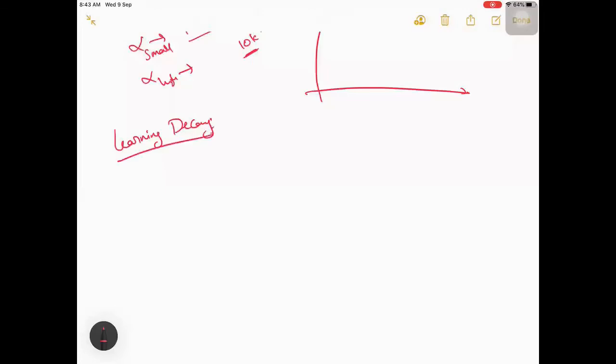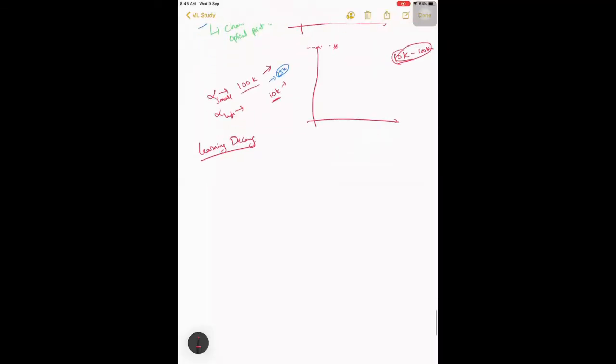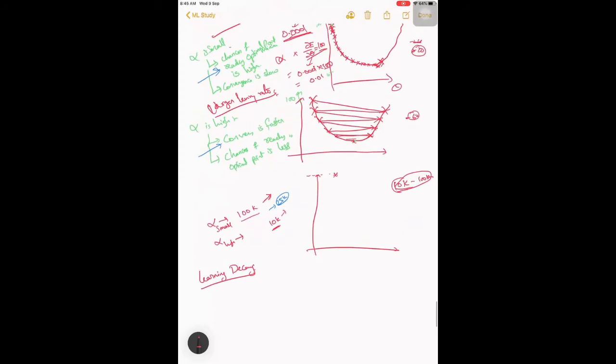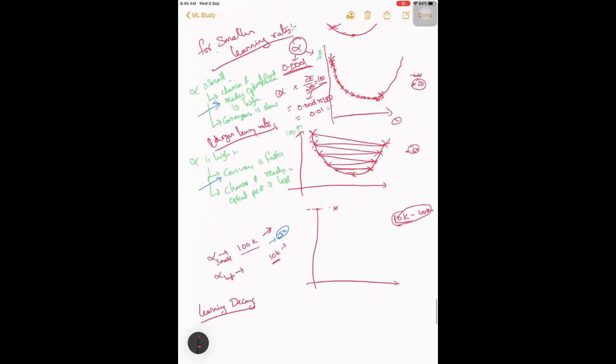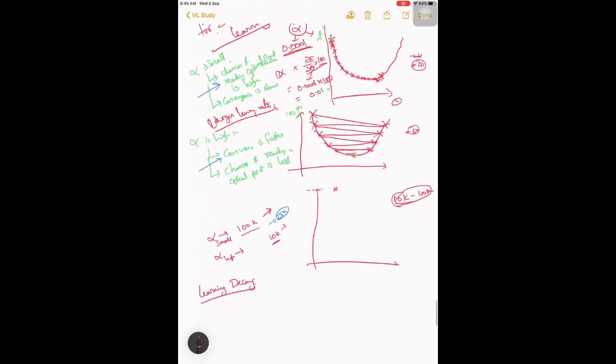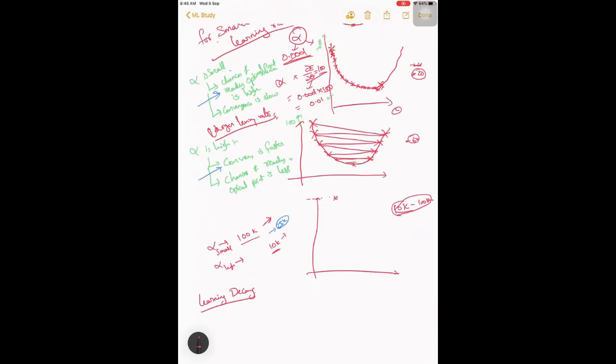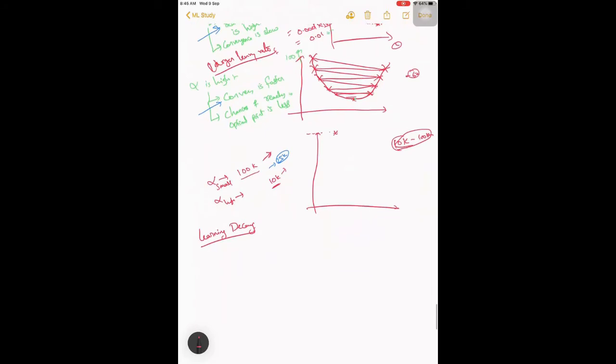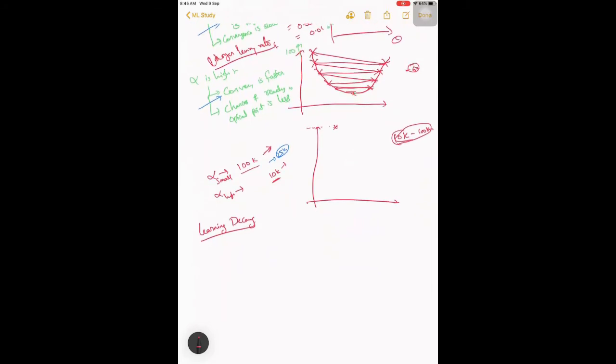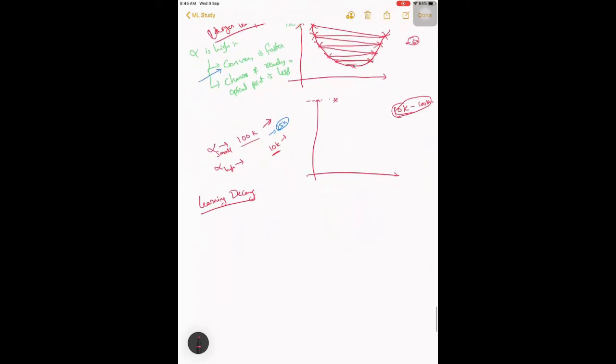So here, we can get the best of both worlds. Okay, so you can get higher chances of getting optimal as well as faster convergence. Like both sides, you can get.